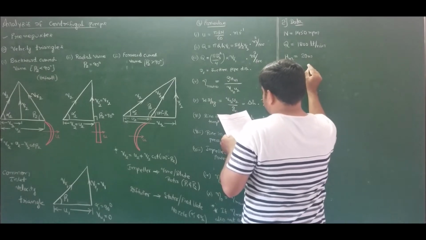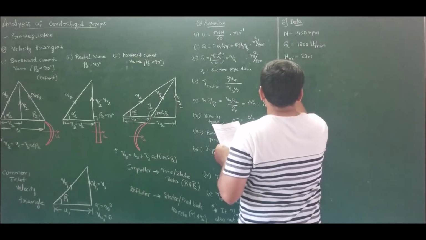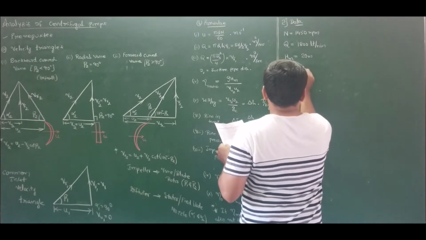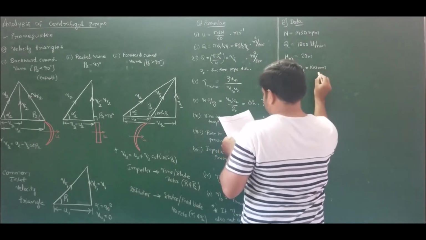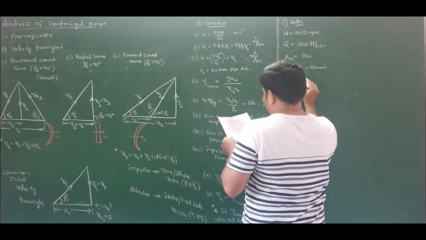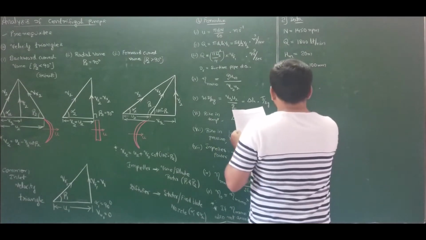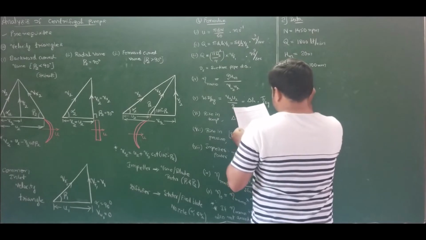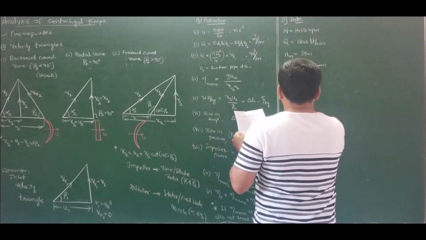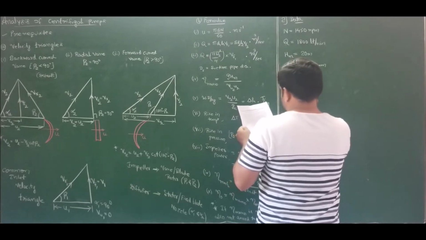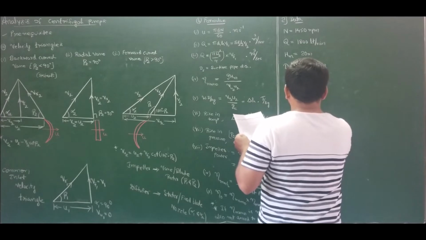The suction and delivery pipes are designed such that they are equal in size of 100 millimeters. It is given the diameter of suction pipe and delivery pipe, which are 100 millimeters. The inner and outer diameter of impeller, that is inlet blade diameter D1 is 12 centimeters and D2, outside diameter of the vane or impeller, is 24 centimeters